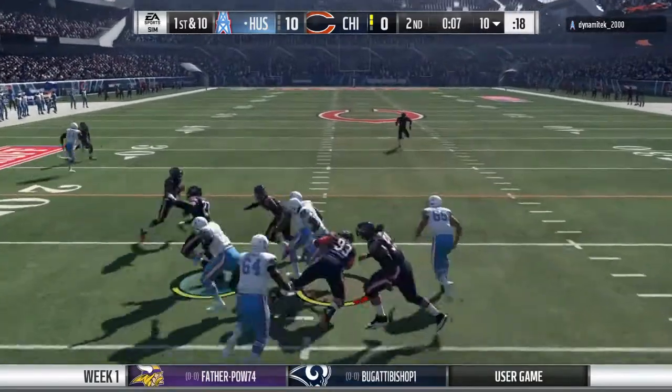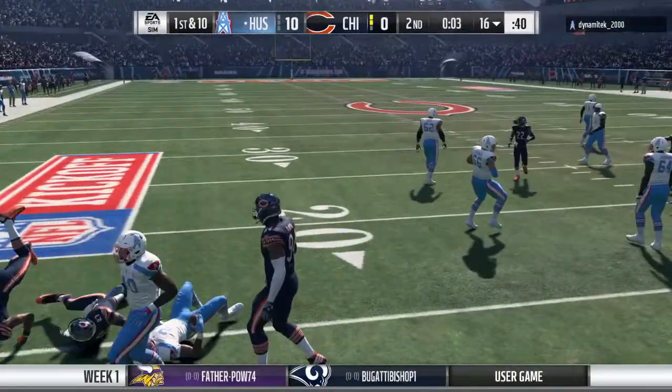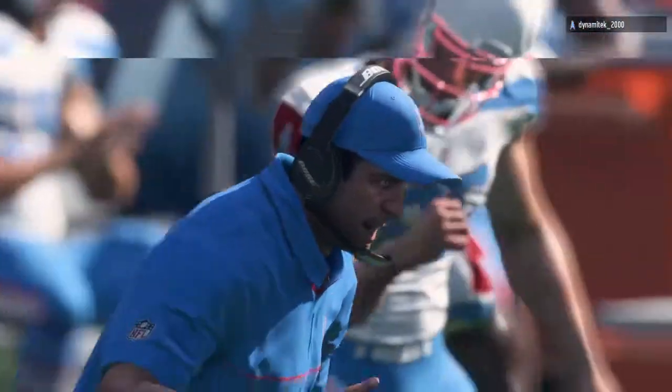They go with Howard to begin the drive. Oh, and now he bowls him over. And strong running there gets this up over the 15-yard line. So we've reached halftime here on...